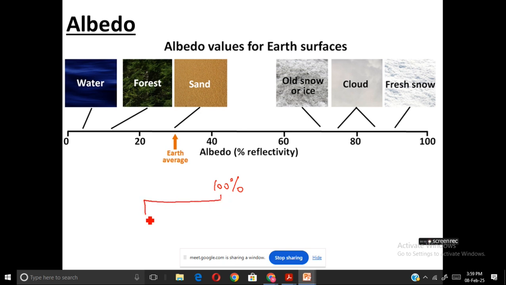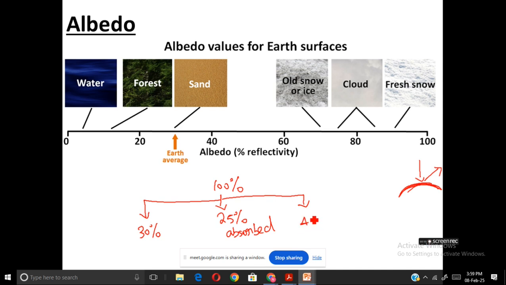Among this, let's say 30 percentage is being reflected. The solar energy is coming, we have the earth. Some of the incoming radiation will be reflected back. So let's say 30 percentage is reflected back, and 25 percentage is absorbed by the surface. So among the 100 percentage, suppose 25 percentage is being absorbed,